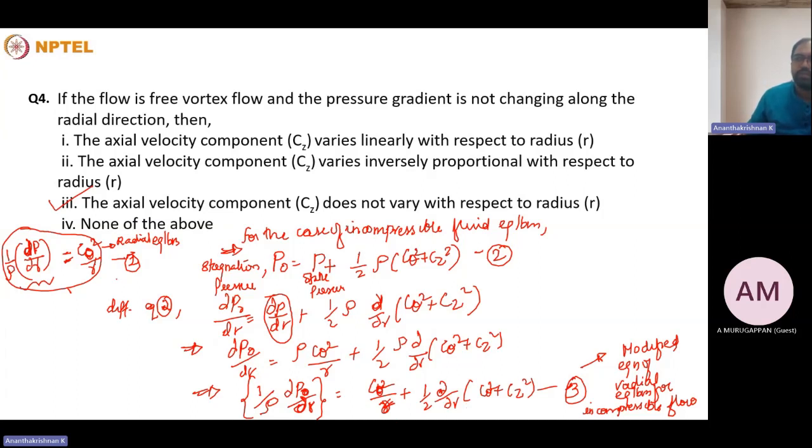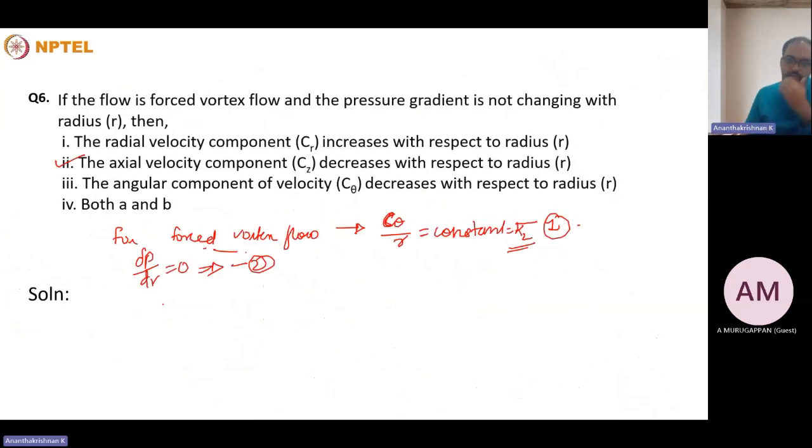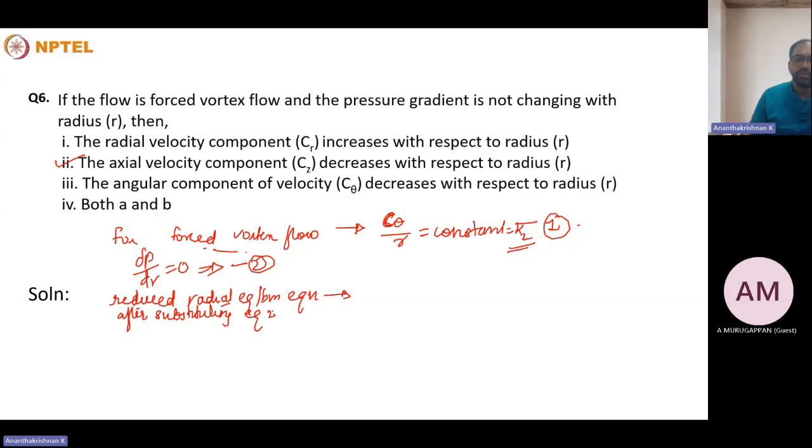And we substitute the value of C theta in terms of K2 and r in that particular equation. So after substituting equation 2, the reduced radial equilibrium equation would be C theta squared divided by r plus